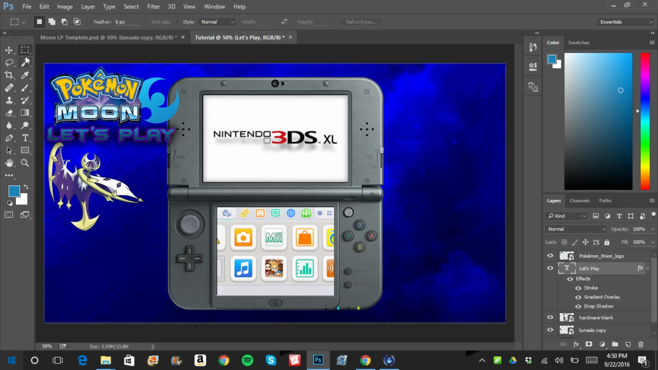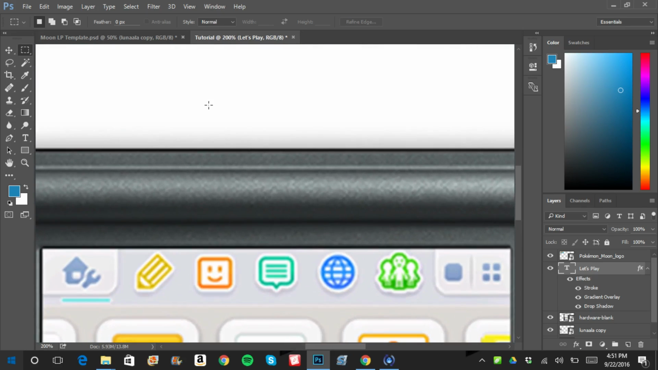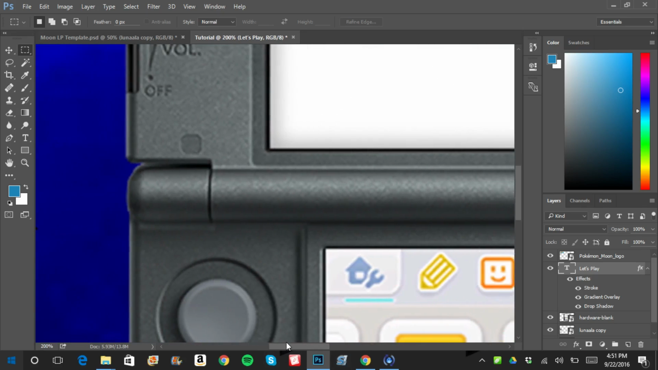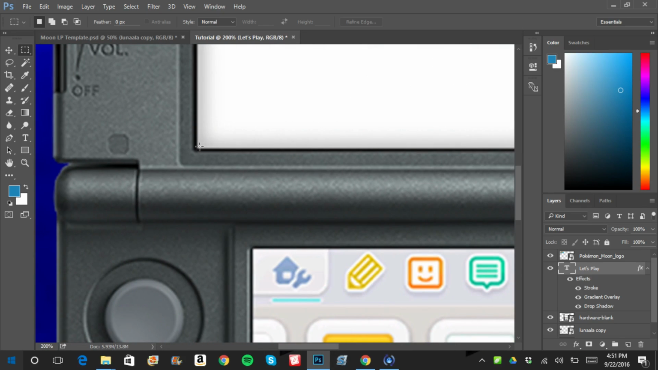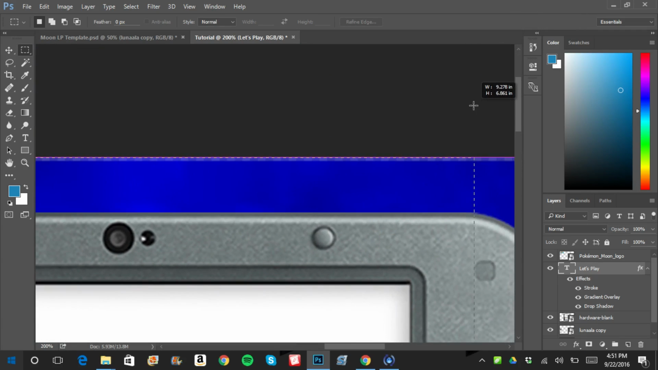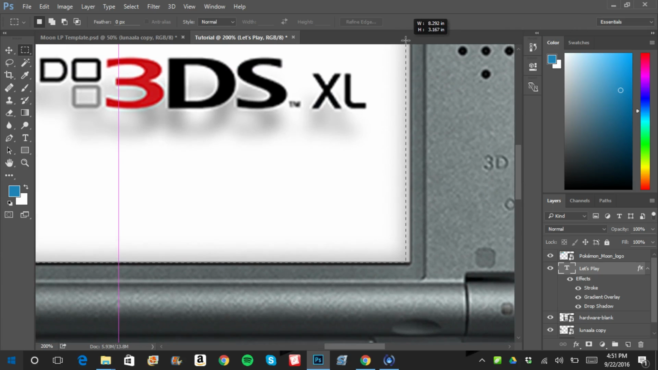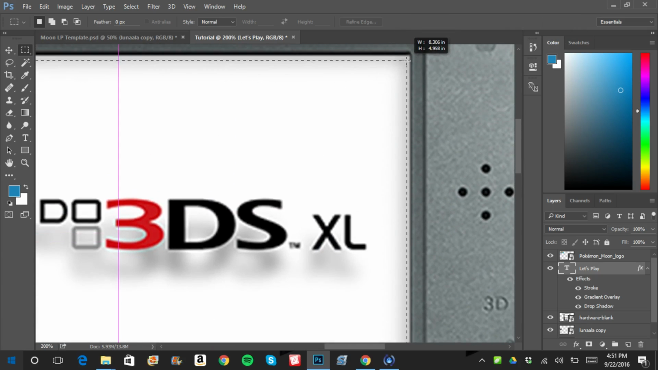So you're going to want to go ahead and choose the rectangular marquee tool. I forgot what it was called, and only use this tool for right now for this purpose. Okay, so you're going to want to get to the corner of your 3DS. Get real precise. Going to click, make sure it's all lined up and everything. It looks like it is, and then drag it. Oh shoot, I'm going all over the place. Drag it to the other corner. Okay, and then what you're going to want to do is